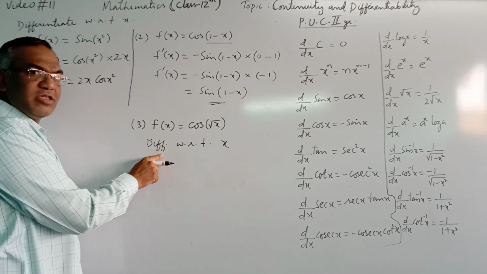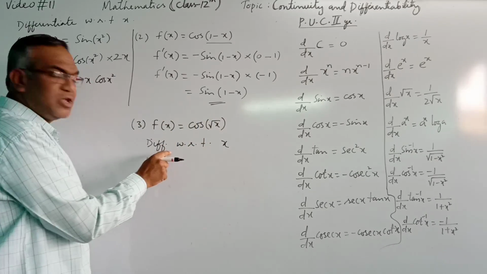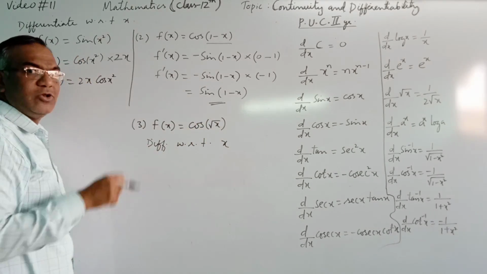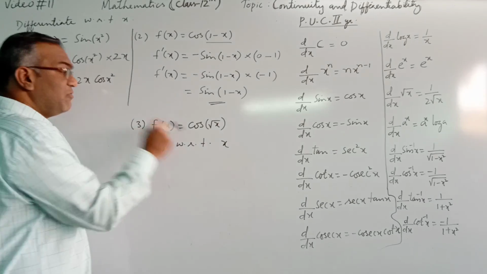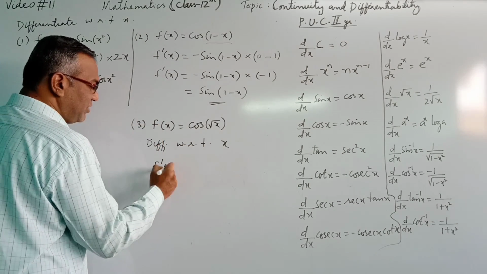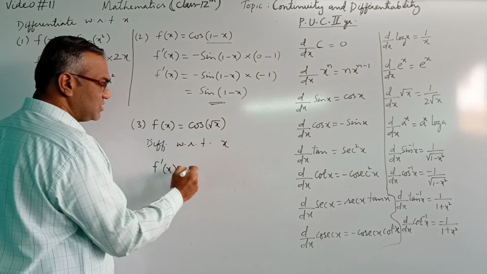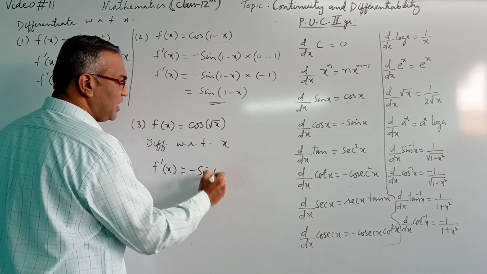You just write this. Okay, differentiate. This means we are differentiating this given function with respect to x, not with respect to any other variable. That is important, right? So f of x will become f dash of x is equal to, this is again cos x. Differentiation is minus sine